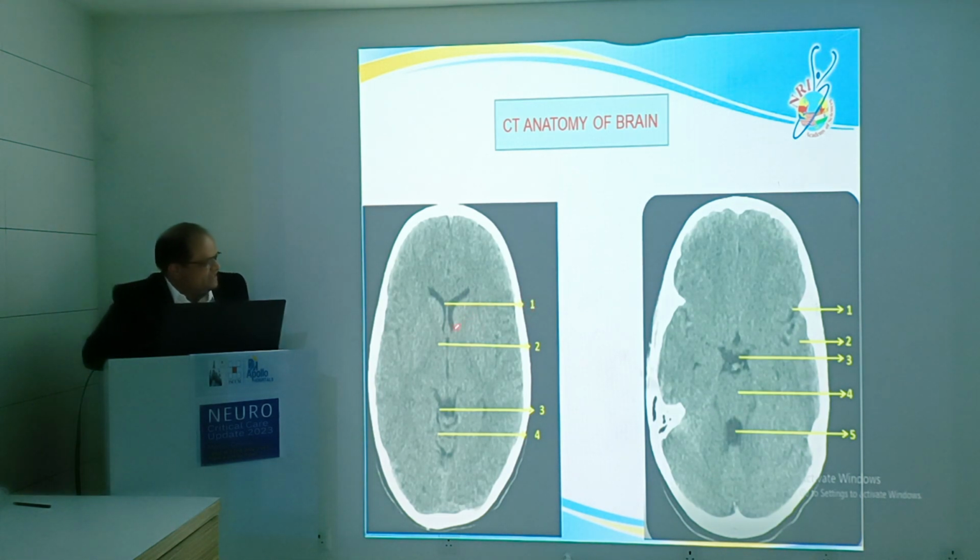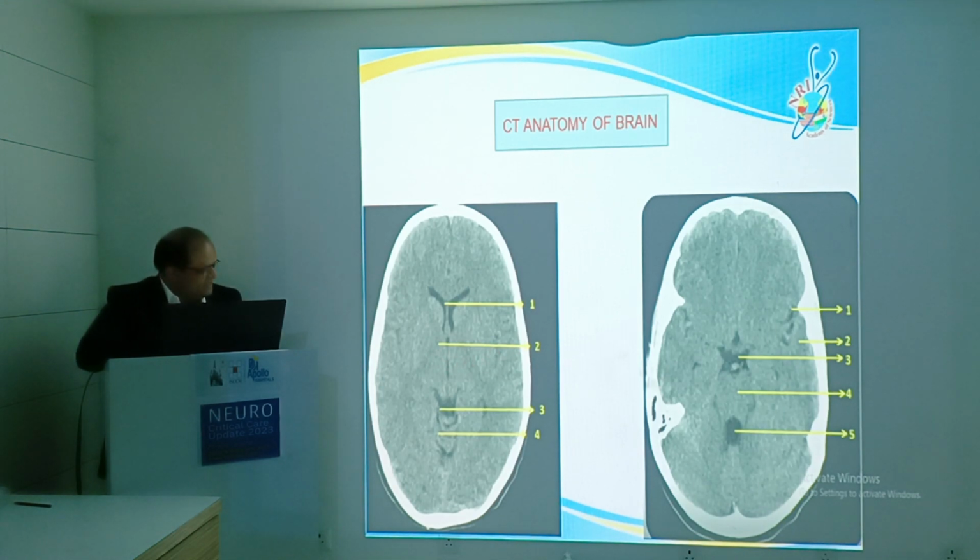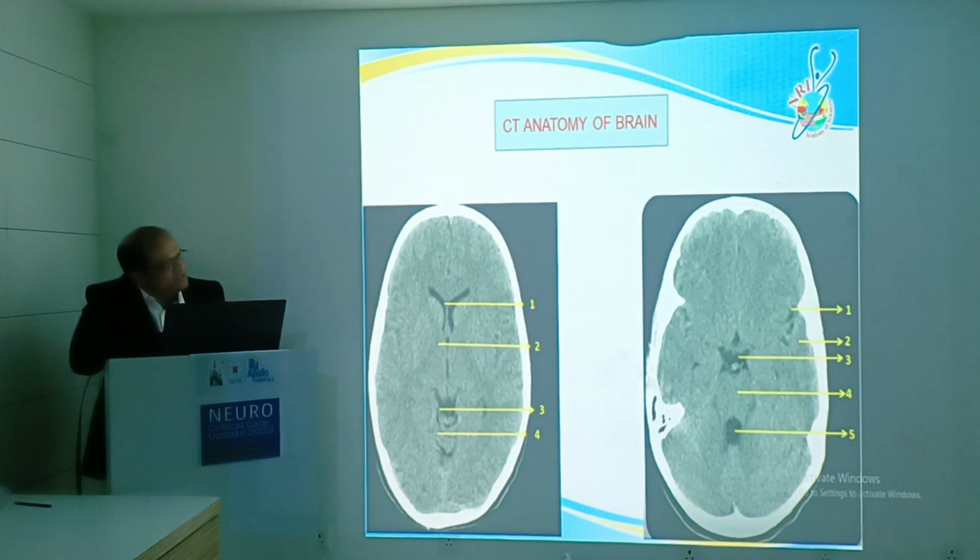Two is around the third ventricle. Three is the basal cistern. Four is the vermis of the cerebellum. So in the left side of this image, the right side of the image, the other image, what we are seeing is